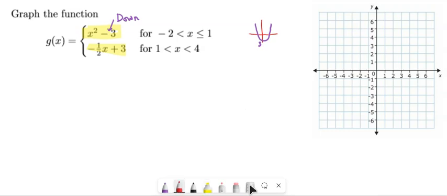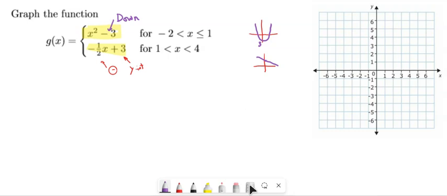So since the slope is negative, this one is going to be a line going downward, and we know as well that you're going to go from 3, which is the y-intercept. All right, so the graph that I'm going to have is going to be from 3 and going somewhere downward,